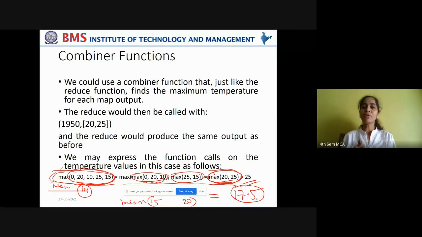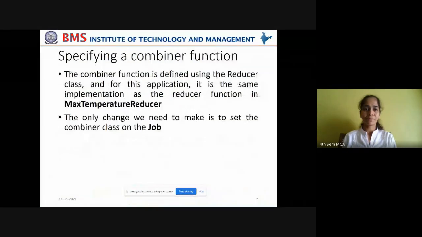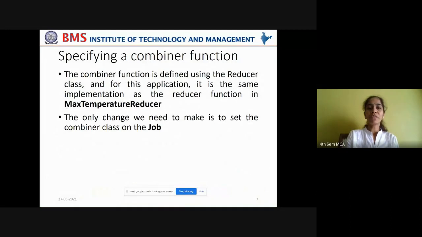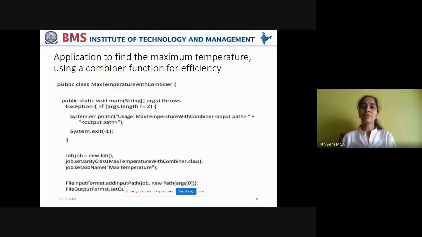Okay, you have to decide in what way you can introduce a combiner function in between the map phase and reduce phase. Because it is an optimization technique, it is always better to intelligently choose the usage of the combiner function. And we have also seen how to specify the combiner function. We have to specify the combiner function by using the reducer class, but putting it on the map side.